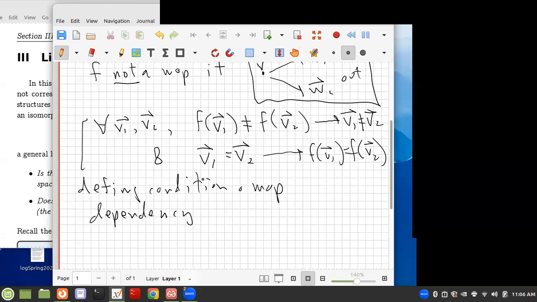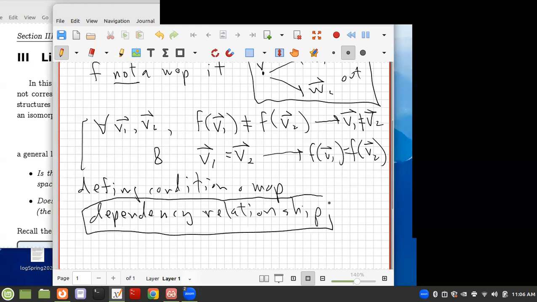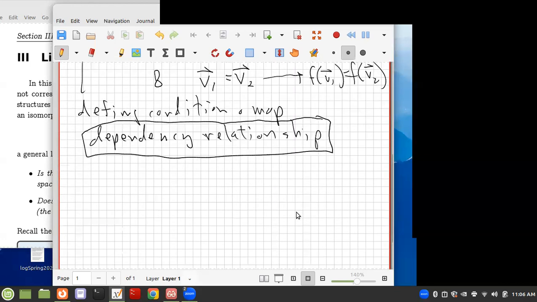So that's what they're looking at. They're looking at correlations between different things you can measure. So that's the idea that a map captures, a dependency relationship. And that's why functions appear all over science, because that's the core thing you're looking for. You're looking to measure two different quantities, like the height of a building and how long it takes for a bowling ball to fall from the top of the building to the ground. Well, hopefully no one's going to do that these days, but that's the kind of thing you're looking for. Okay, so